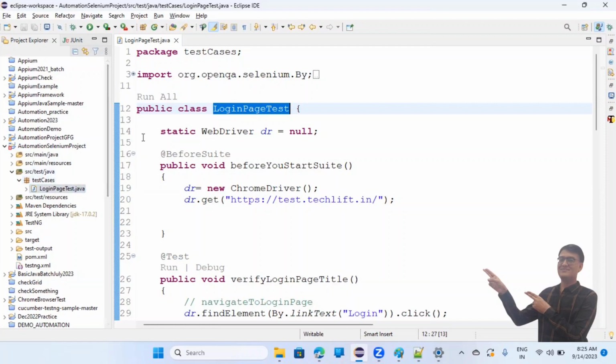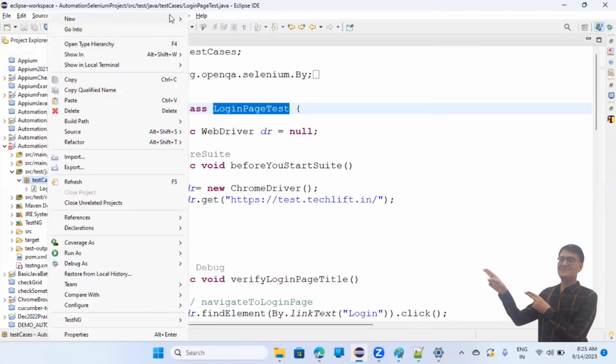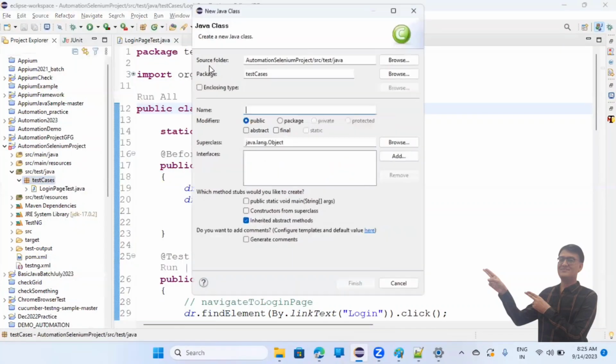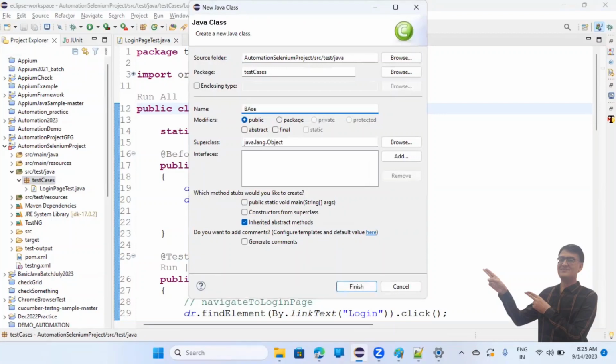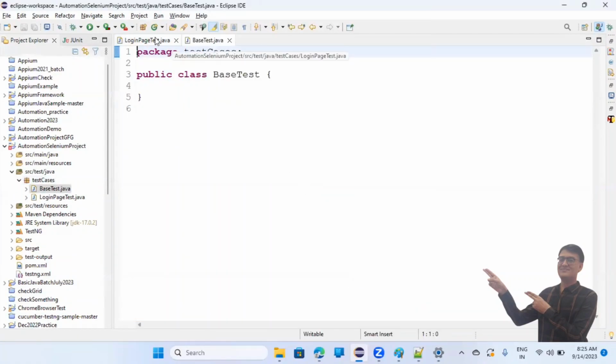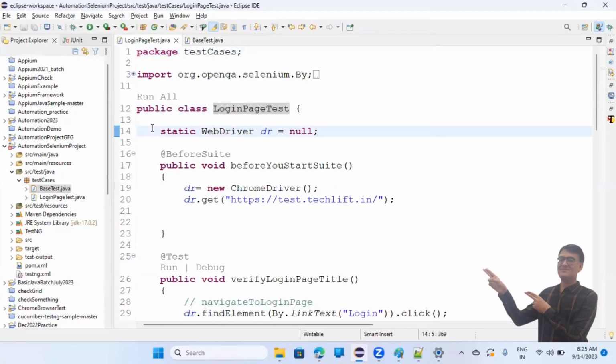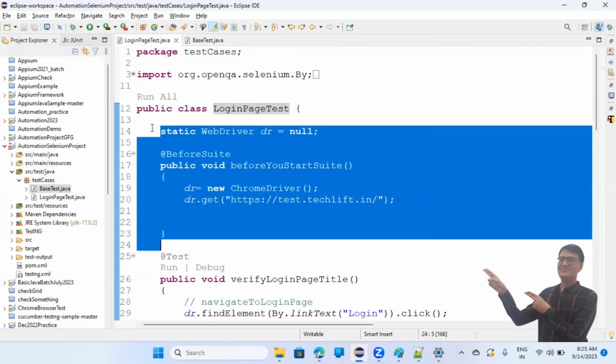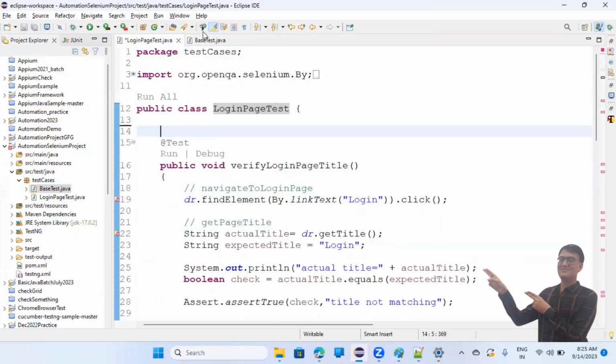So can we do one thing? Let's create a base test where the minimum required things, which are there for all the test cases, we'll keep there. Right? So what I'm going to do in the test cases, I'm creating a class which is base test. The name itself I'm giving base test. Okay, finish. And I will copy this part,